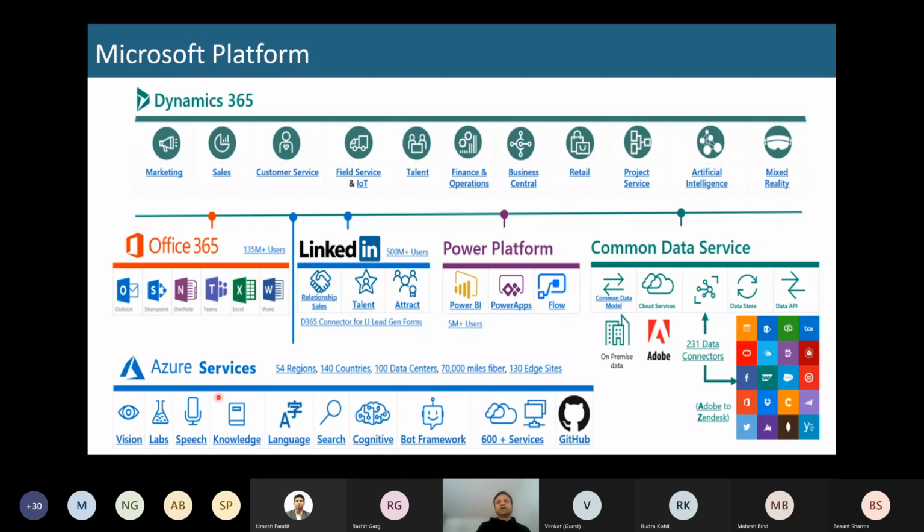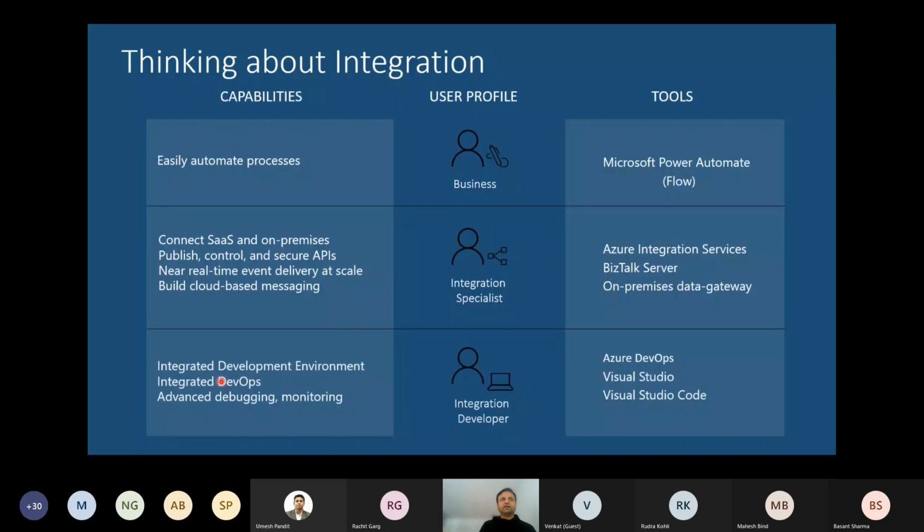And that is where, at least so far, I'm experiencing a lot of challenges, which I can highlight maybe to all of you. Then, thinking about the integration, if we go from the integration point of view, we look at scenarios, which is basically the capabilities that Microsoft provides. So one is obviously for the business user.